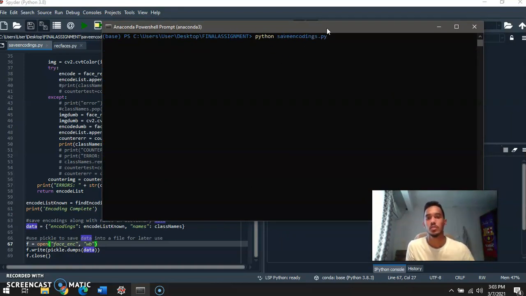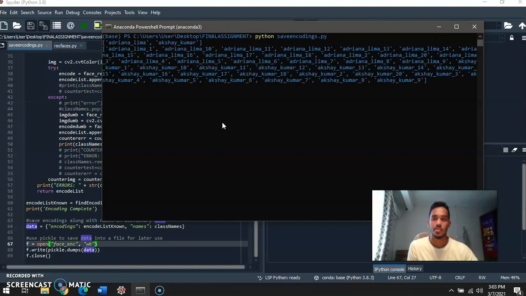This is the code. As you can see, we have two subjects, these two that we put into the database, and here it displays all the pictures that it has been able to read. As you can see, there is no number 19 for both individuals. Now this means it is reading one by one and extracting the encodings for each one of them.